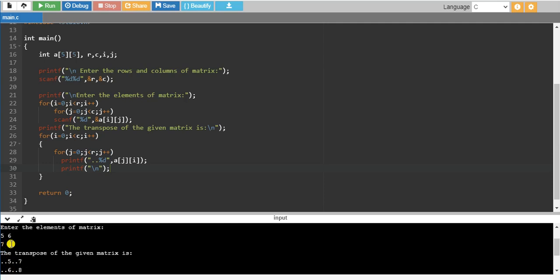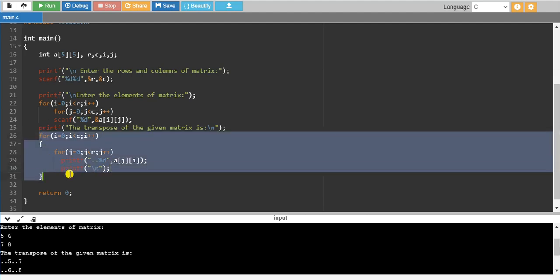Then the second row 7 8 is in the second column. This is how the transpose of a matrix works. It is very simple logic, we are just interchanging the index values, from column to row and row to column, with the help of these for loops.